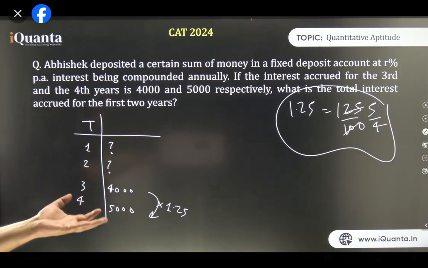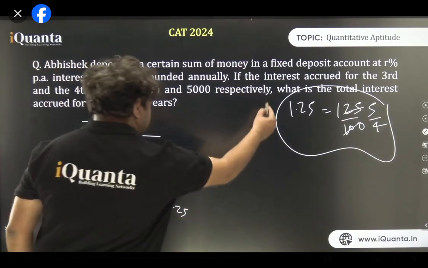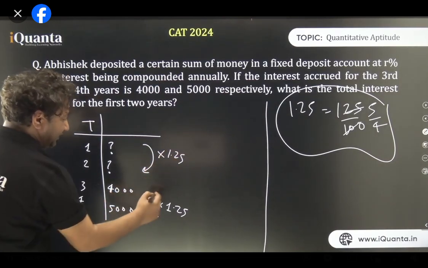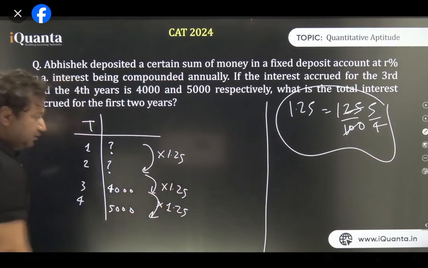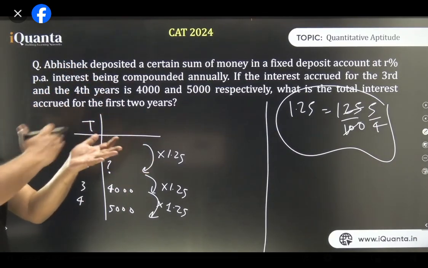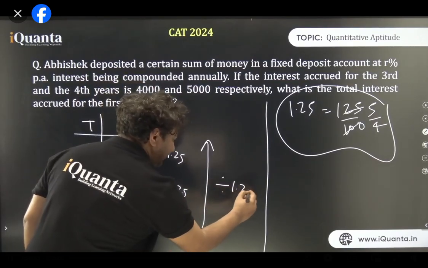No, see, the rate is the same across the years. By the way, this is clear: 1.25. So each year things are increasing by 1.25 times. I hope it is clear to all of you. So moving into the future from 1 to 2, moving in chronological sequence of time, we are multiplying. What if I move back in time? I'll divide by 1.25. Yes or no?